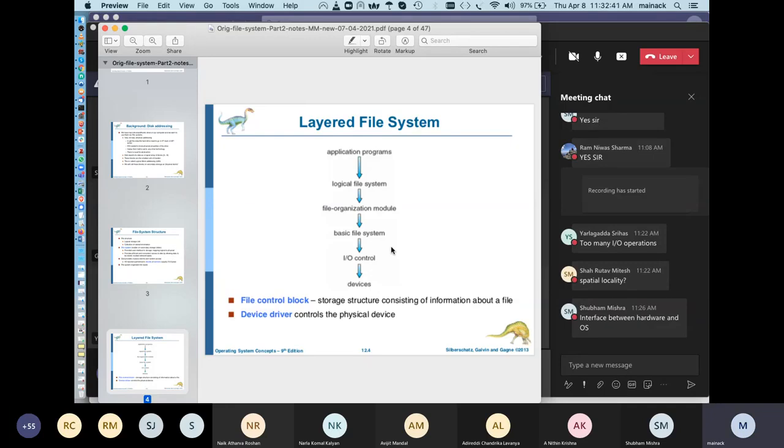And takes an input: where to write, what to write. The file organization module knows about files and their logical blocks and how they map to physical blocks on the disk. In addition to translating from logical to physical blocks, the file organization module also maintains a list of free blocks, because it basically needs to know where to write the next bunch of data. So it also maintains a list of free blocks and allocates free blocks to new or existing files as